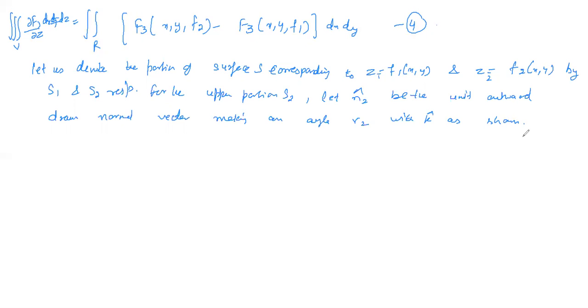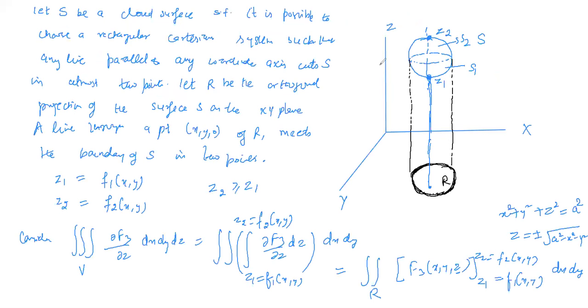So here n2 जो है, वो हमने कंसीडर करना है यूनिट आउटवर्ड नॉर्मल वेक्टर. हमने क्या किया यहाँ पे, एक हमने